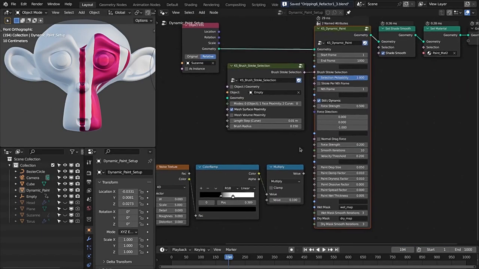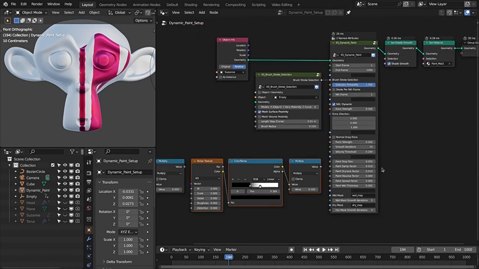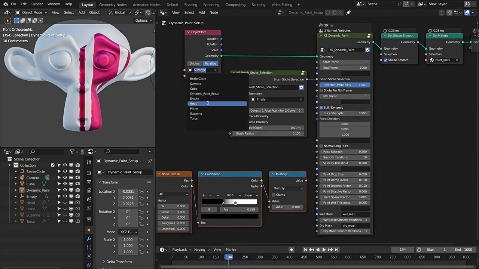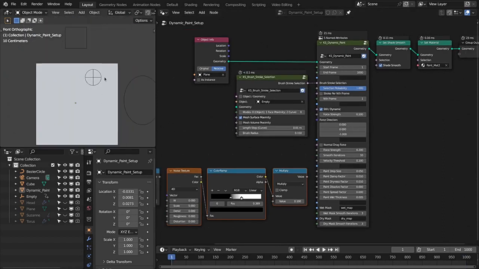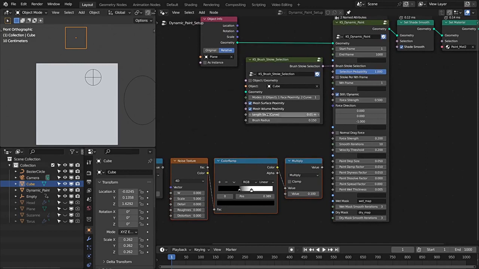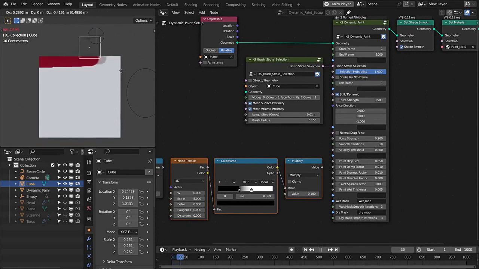So now I'll demonstrate a few of the effects with this noise and this damp and spread factor. Then I'll show you the project files. Let me change this to a plane so it is easy to see, and let's also select this cube instead of this empty and change this to a 1, and we want proximity based on surface as well as based on the volume. So now if I paint on this plane,